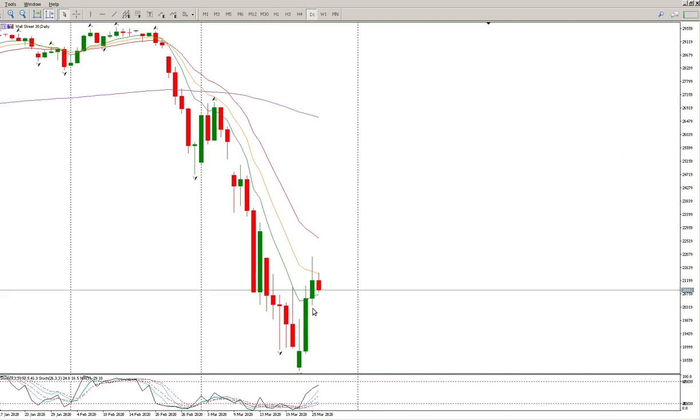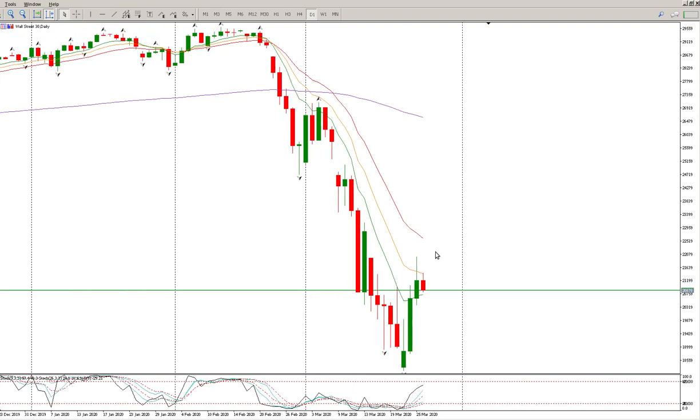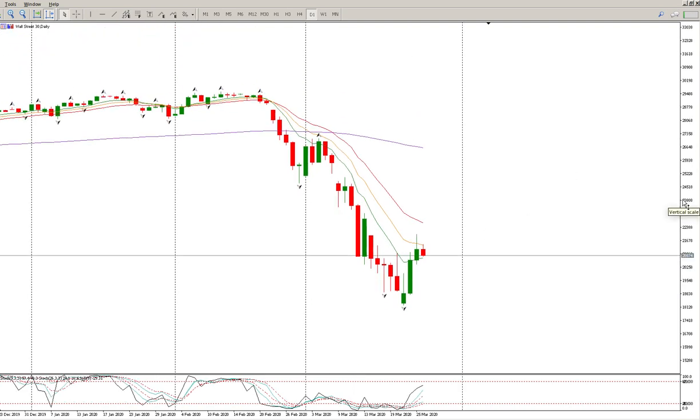So we did get another green bar, which is pretty good, but we did have quite a big tail on the green bar. But the fact that we're below the moving averages means we are still in a pretty serious downward trend. Okay, oscillators are starting to move up, and what's worrying me is the pace that they're moving up at the moment, and they're separating as well, which doesn't gel very well with me. So I'm looking at this thinking we could have a second push to the downside, which